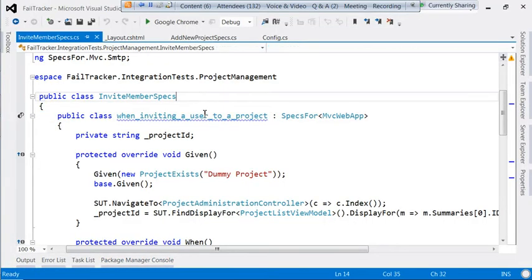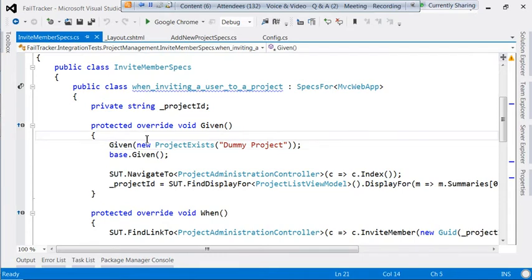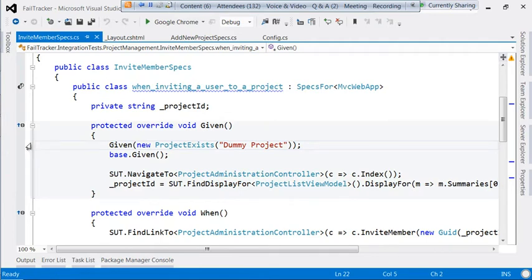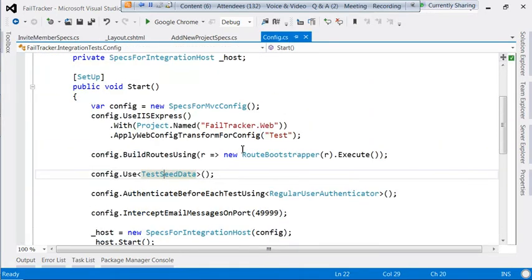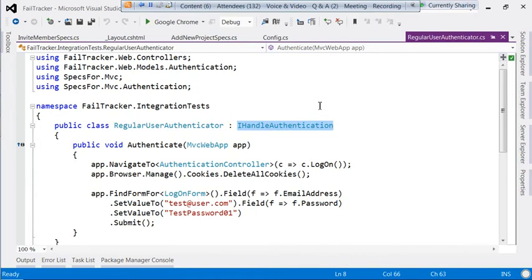It was able to create the dummy project and then invite a member to it. One thing to note is that there's nothing in here about logging in. In most cases, I would imagine that most people are going to want to write specs as if they were a user interacting with their application who is already logged in. aspConfSpecsForMVC makes it very easy to change the default state of your specs to be an authenticated user. I do that by saying authenticate before each test using some class that implements this iHandle authentication